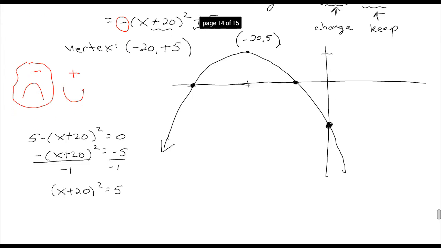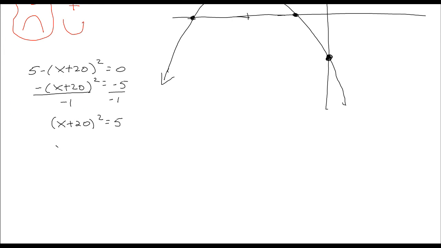Okay, give myself a little room. Square root both sides. Since I am introducing a square root symbol, I need to say plus or minus on the right side here. Okay, and if you square root something squared, you just get the thing from the inside. Subtract the 20 to the other side,